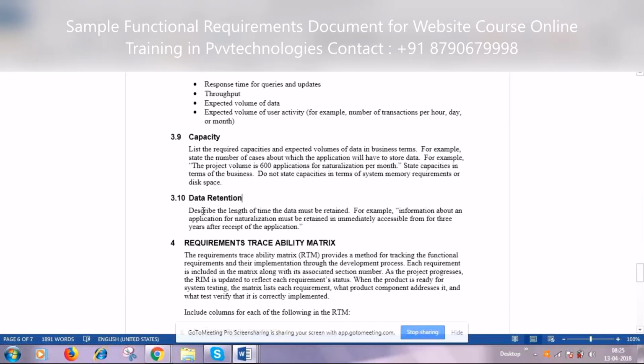Here the data retention refers to the many data coming into your application, and how long you are going to keep it. For example, you create an account in a bank and use it for a few years. After some time you are not going to use the account. If you are not using the account for 2-3 years, then your account will be marked as a dormant account, meaning it is no more active.